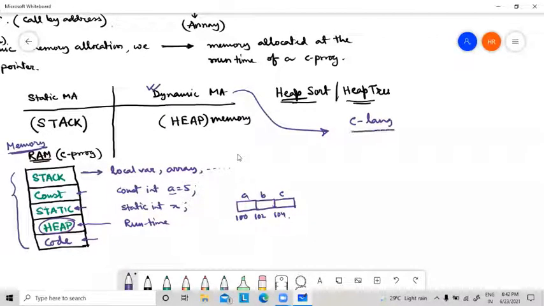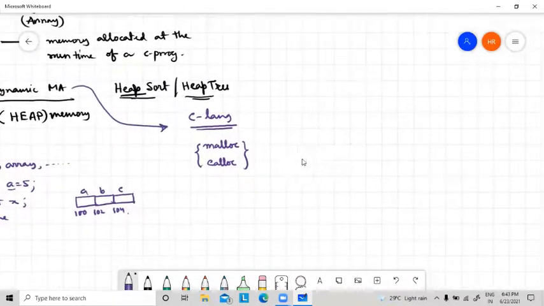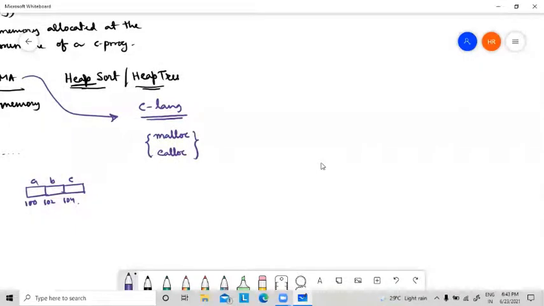To perform this dynamic memory allocation in C language, there are some functions. It is not done normally. We cannot allocate memory at runtime normally, but using some functions we can, and those functions are malloc and calloc. Those who already know malloc and calloc will also know the basic difference and why one is preferred.